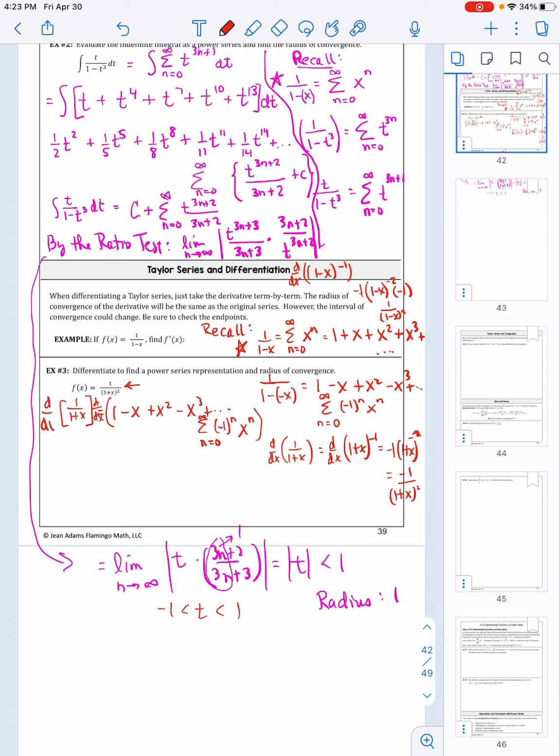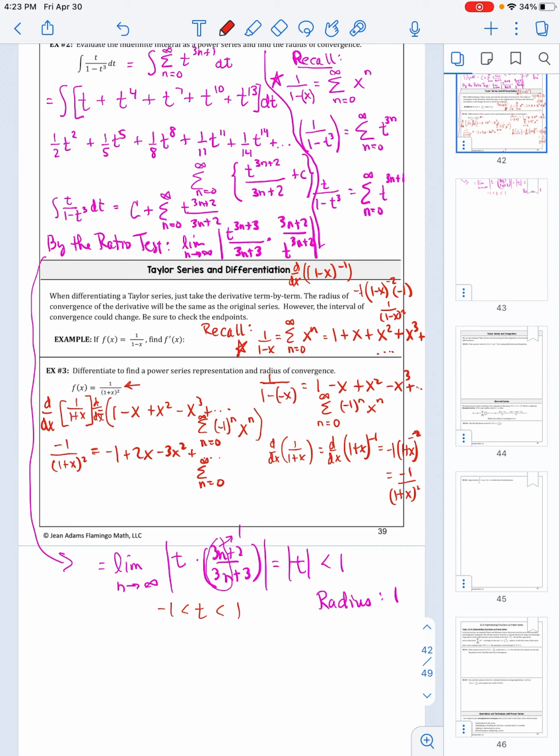And so I'm taking the derivative of both sides. I probably shouldn't have put that d dx here right at the beginning. I should have just started it as 1 over 1 plus x is equivalent to, and then taken the derivative of both sides. So sorry about that. I was looking at my notes and that's what it looked like, and then I realized why it looked like that. So this one's going to be negative 1 over 1 plus x squared is equal to, and now